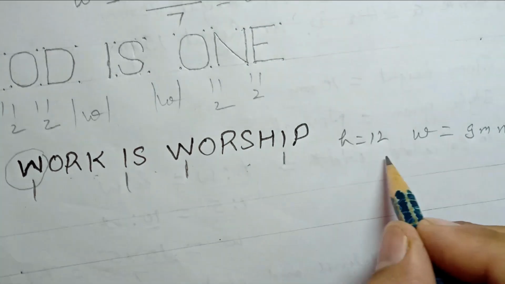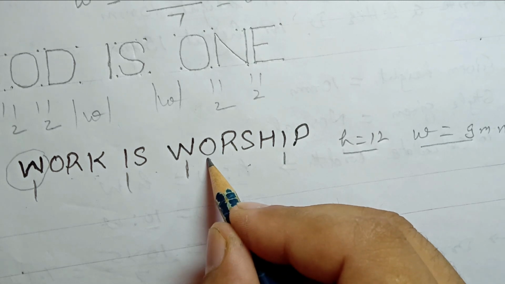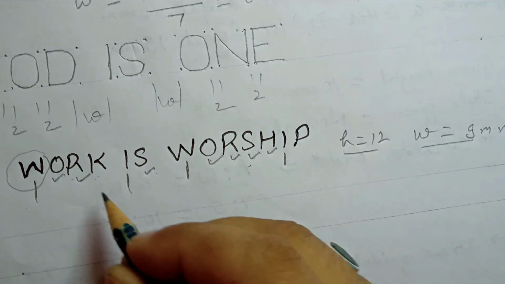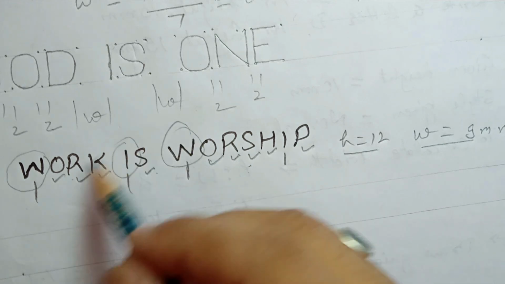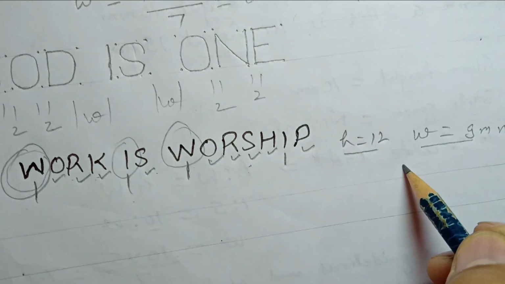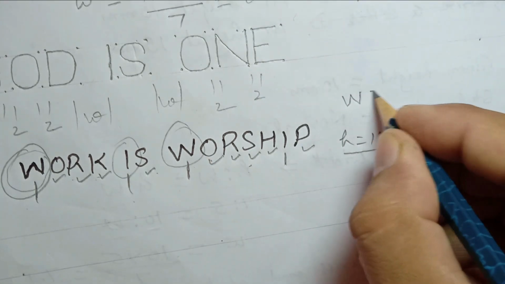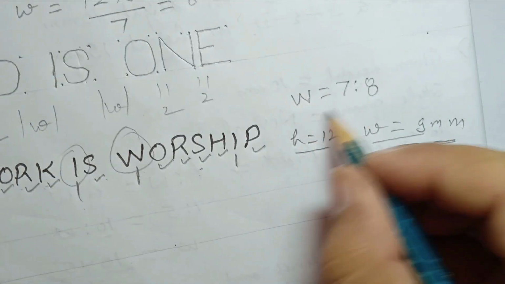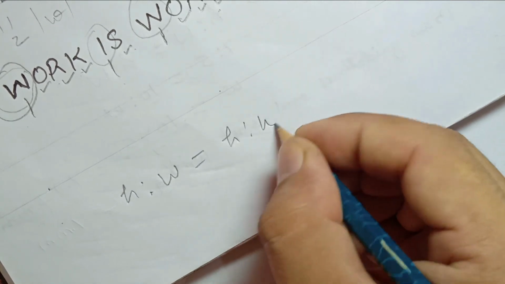But these are the height and width values for all the normal letters, that is O, R, S, H, S, R, O, even K, P. But for these three letters we have to find out the separate width, as these are the exceptional letters. We know that the normal ratio of W is 7:8. So we cannot go with 9 mm width. So as per 7:8 we have to calculate the width. So how do we calculate that? Same, we calculate height to width, height to width.